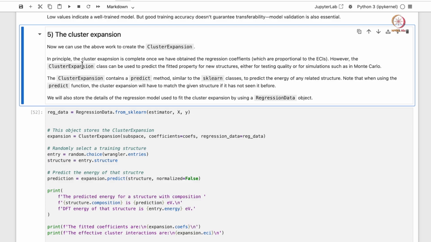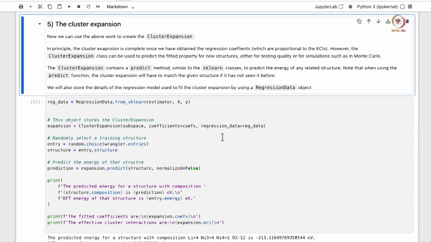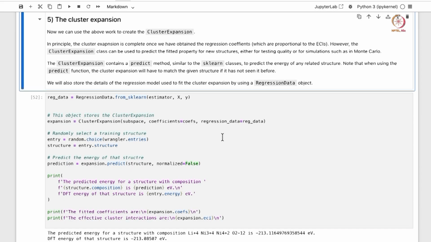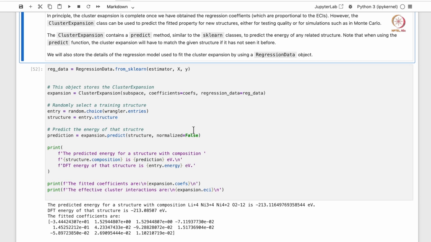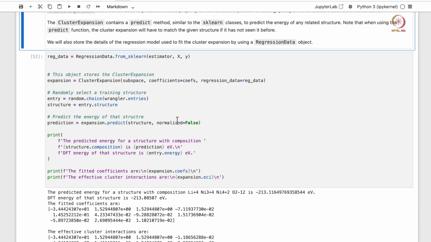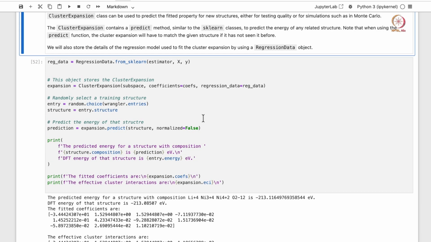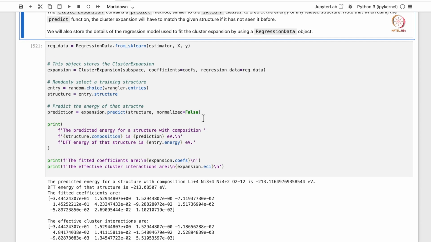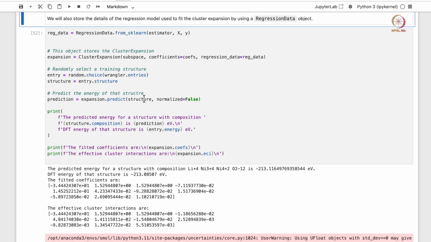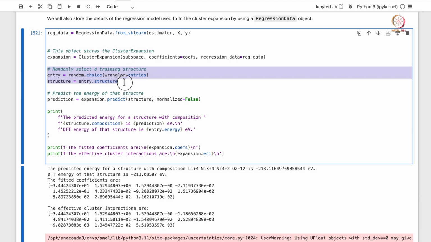The cluster expansion class can be used to predict the fitted property for a new structure. As I told you, once we get the fitting parameters, we can get the energy of any structure. In this cell, we are doing that. We will obtain the energy of any other structure. If we see here, we randomly select a structure from the training data.